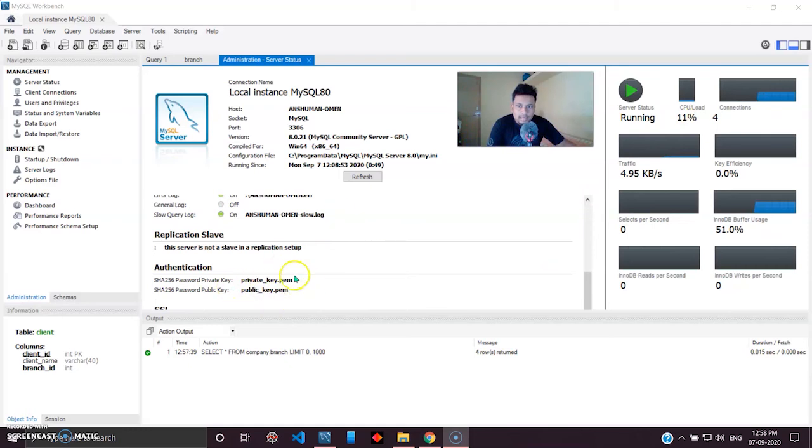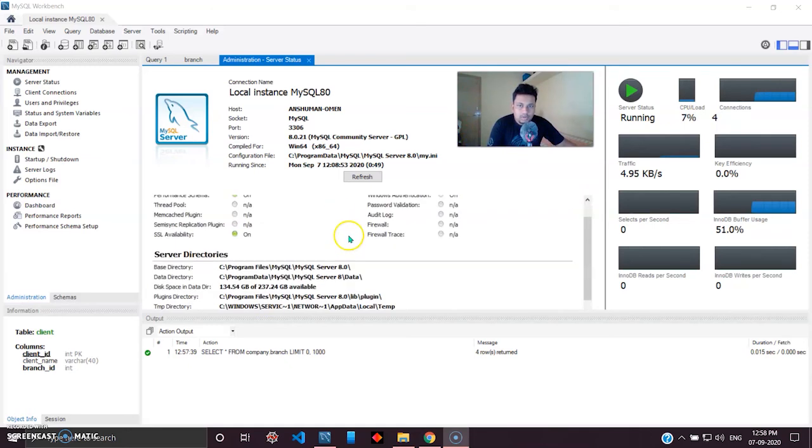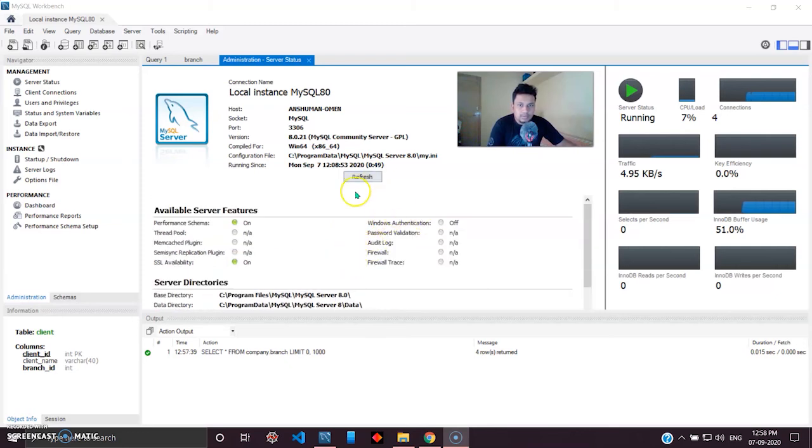Also, any keys and the public SSH or SHA keys will be displayed here, and how much disk and RAM your server is consuming will be displayed here. Okay, and in the traffic window you can see the data in kilobytes per second. That is your administrator window. Also, if you want to reconnect to any DBMS, you can click this button to connect to your database again.